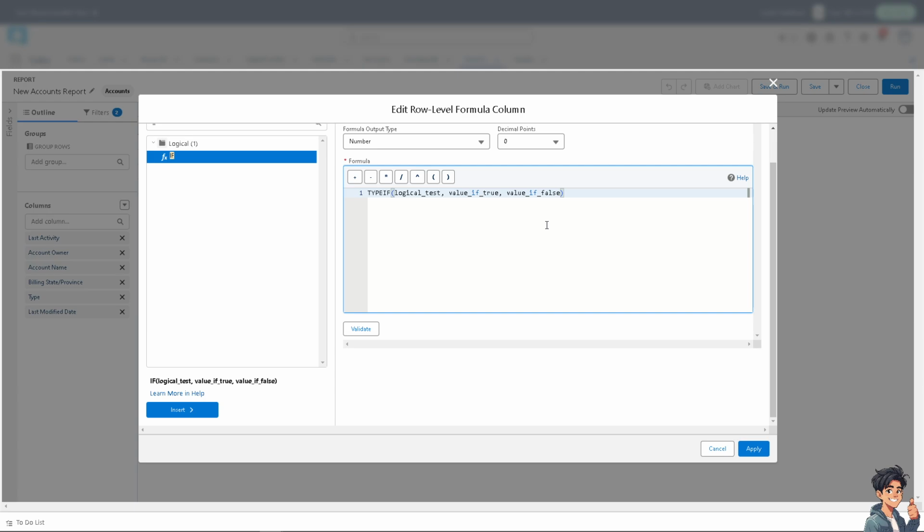So this is going to be the simple row level formula column that we can add to our report. Now, after that, all I'm going to do is click on apply. And that's how you use row level formulas in